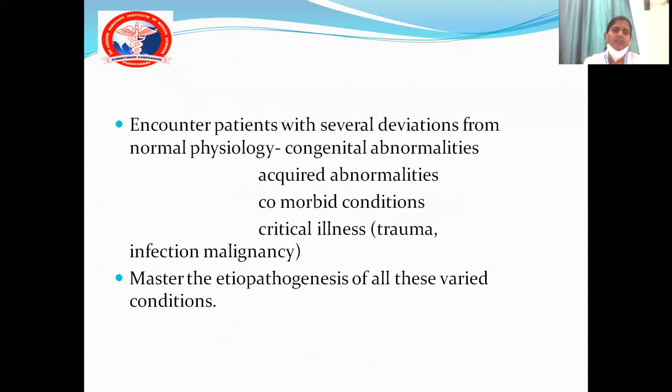Patients might also have some acquired abnormalities. They might have some comorbid conditions. Commonly, we have patients who come with comorbid conditions like hypertension, diabetes. We need to understand the implications of these conditions on the outcome of the patient. We need to understand whether these comorbid conditions are well controlled, whether they are not controlled, what is the risk associated with the comorbid conditions. We need to understand all these factors.